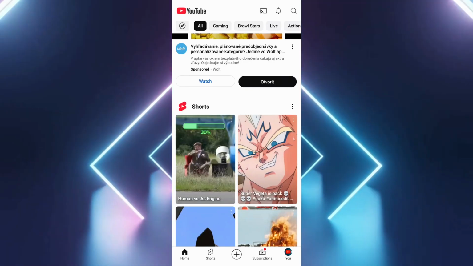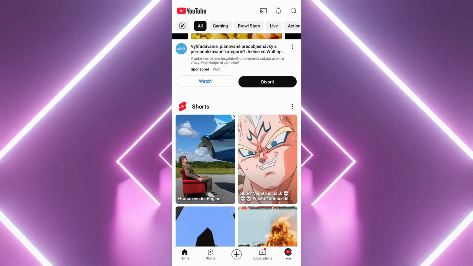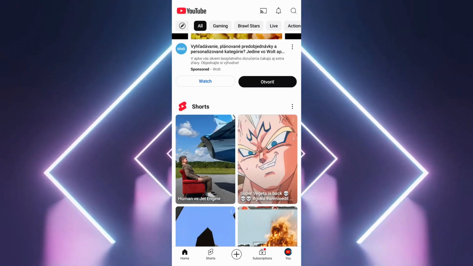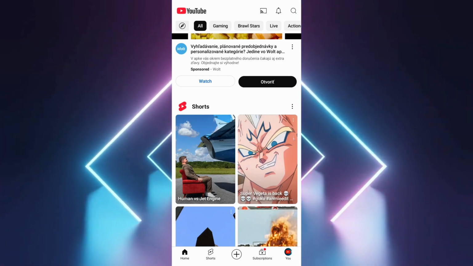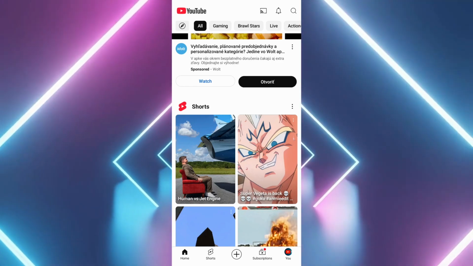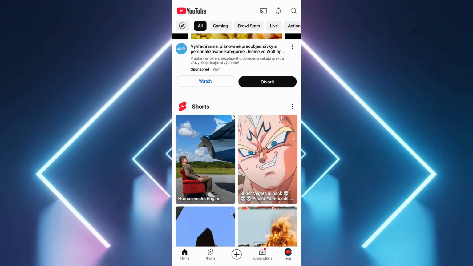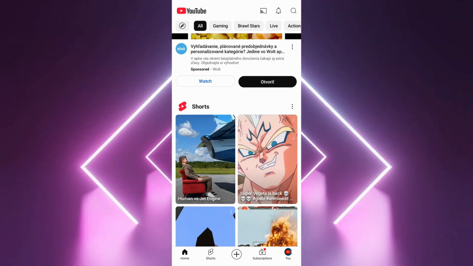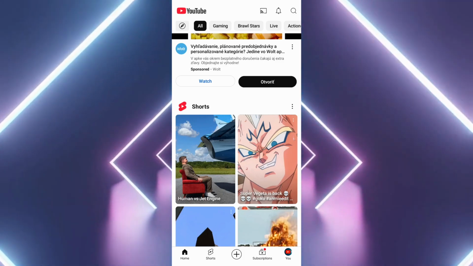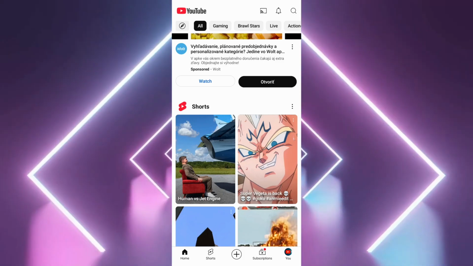Today I'm going to show you how to enable or disable YouTube's Incognito mode. Start by launching the YouTube app on your mobile device. Make sure you're logged into your account. Tap on your profile picture or the You section and below your profile picture, you'll see the Turn on Incognito